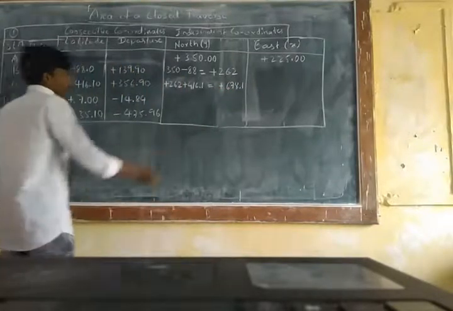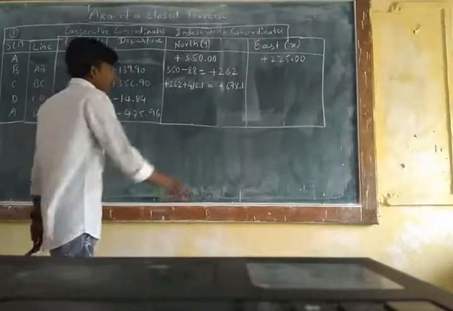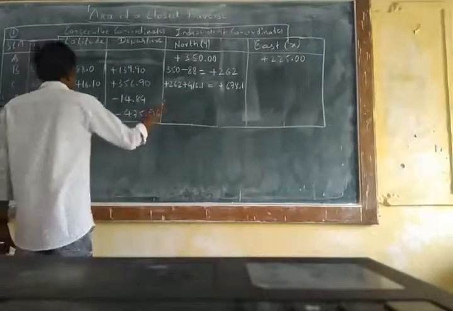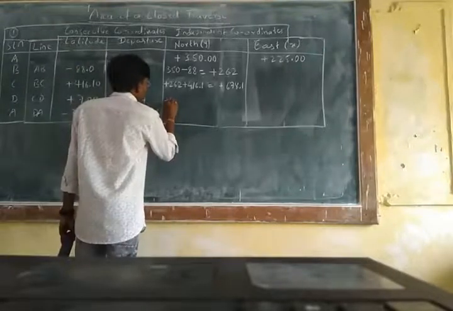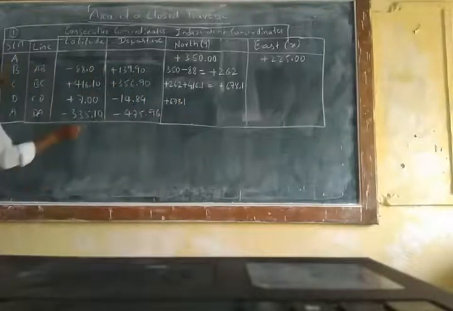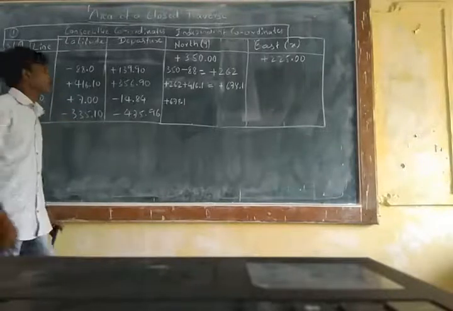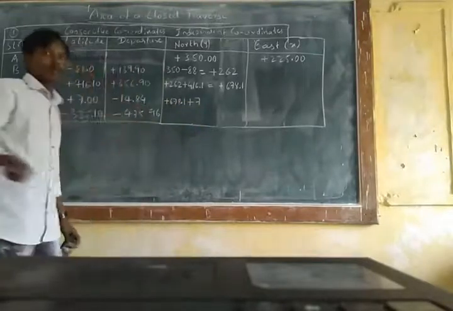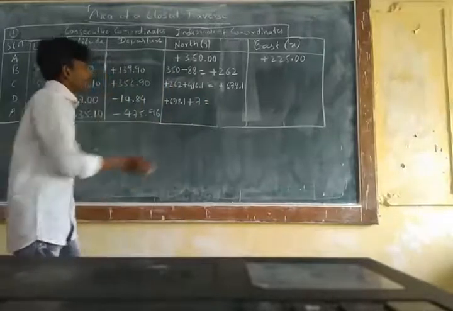Now this 678.1 has to be taken down here. So derive the 678.1 from the above BC line and write it before the CD line. So write the same, 678.1. Now come here and look at here, the CD line has plus 7 as the latitude. So write plus 7. So 0.00 is negligible, so just leave it. The value will be 7 only.